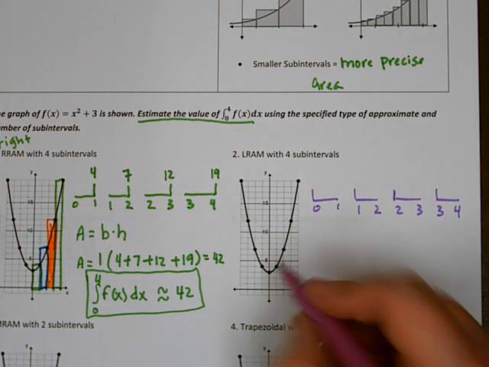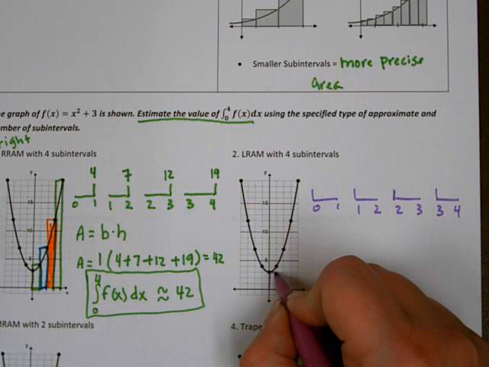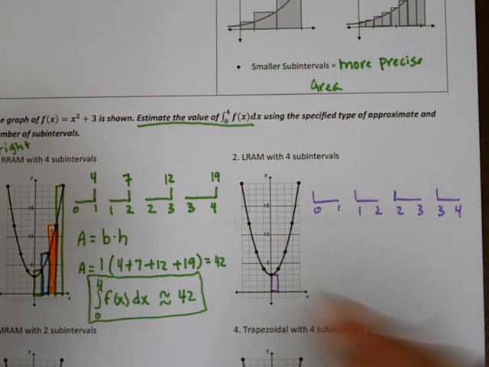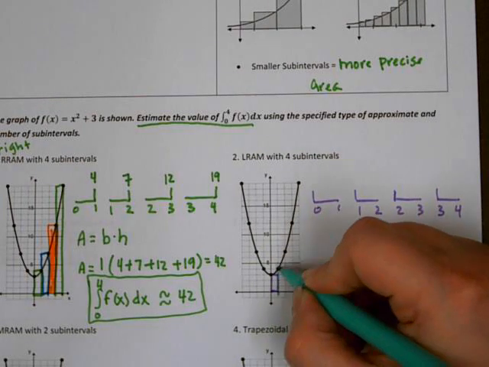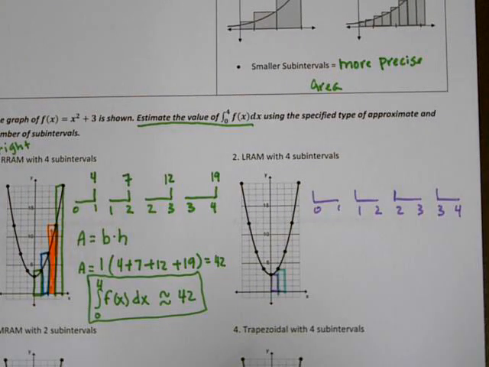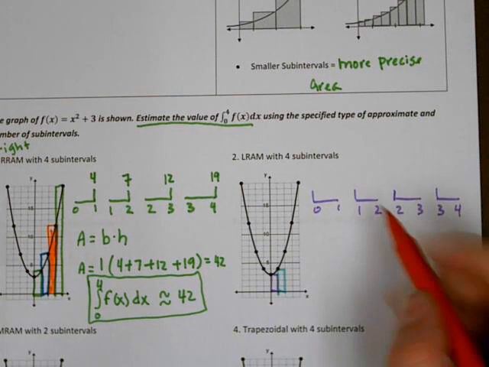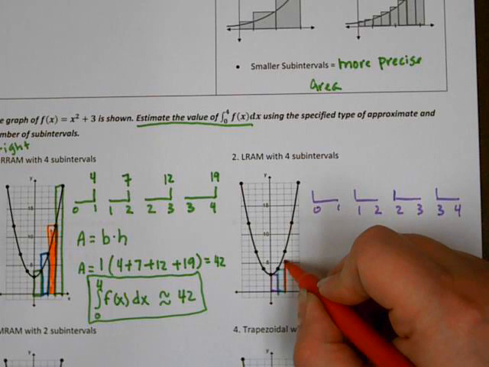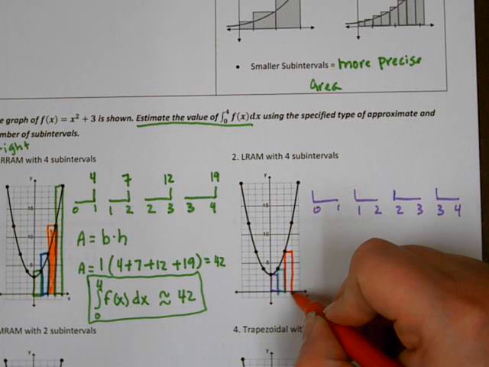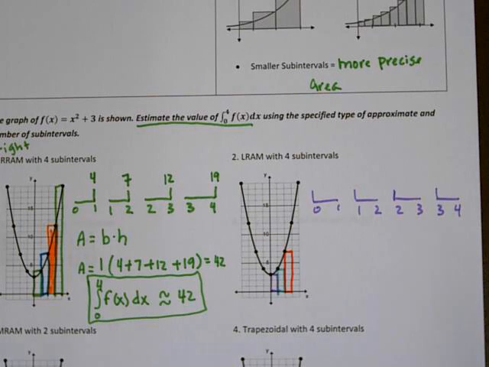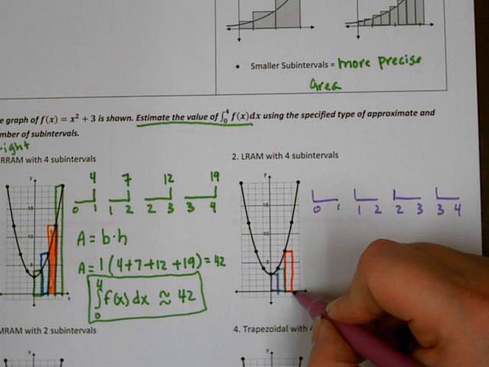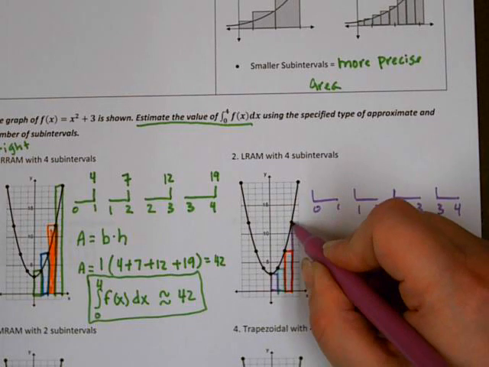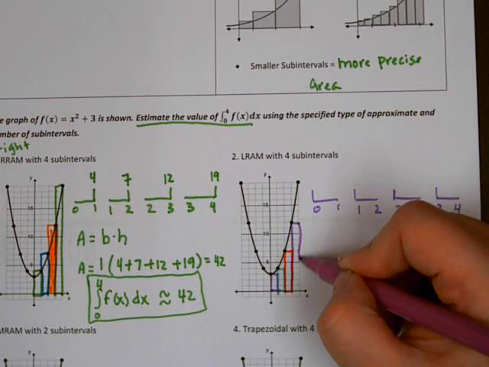So from 0 to 1, I want my height to be whatever it is at 0. So there's my first rectangle. Then my second rectangle, I want my height to be at 1. So there's my second rectangle. For my third one, I want the height to be at 2. So I'm going to start at 2, go up and across to 3. There's my third rectangle. And then my fourth rectangle, I want my height to be at 3. So 1, 2, 3. And I want to go up to my function, and that's the height of my fourth